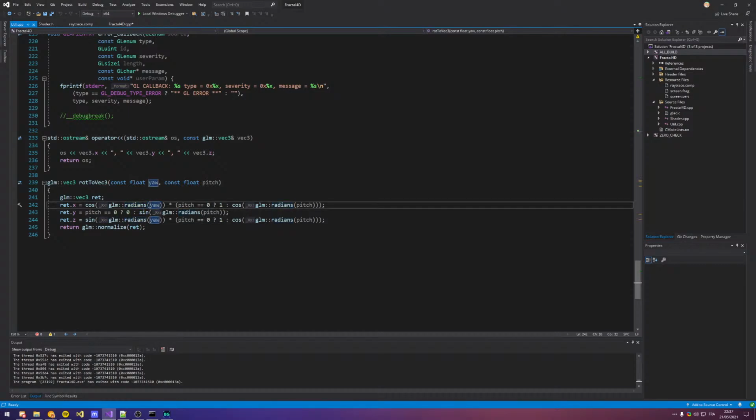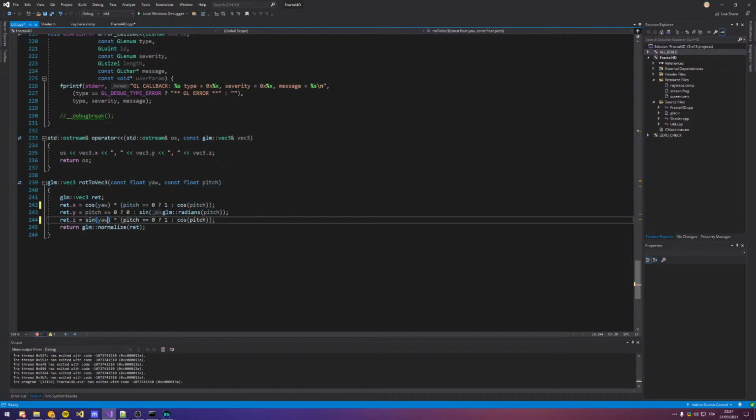Okay, so yeah, this assumes that they're in degrees. So let's first remove that. Remove every instance of GLM radians. We have the pitch and yaw gradients already. So that